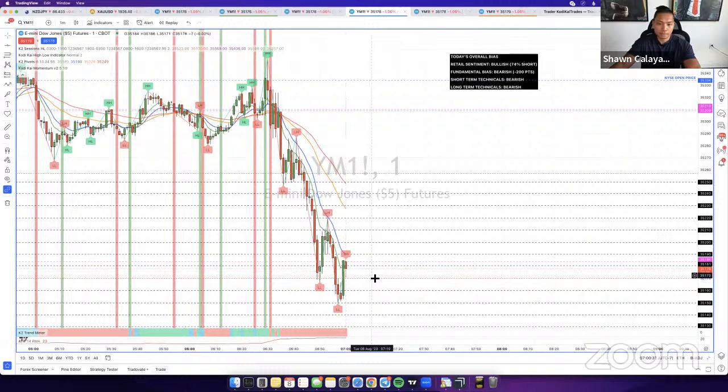I'm looking for that buy signal though. So I'm looking for the buy signal to come up. Once the buy signal comes up, I'm going to look for that sell signal, and then I'm going to look for possible opportunity for entry. The ATR right now is currently at 23, so it's looking pretty good right now. We do have some pretty decent volatility.